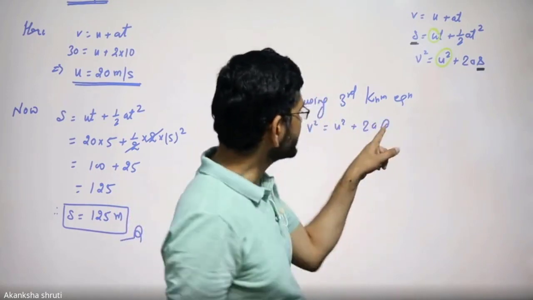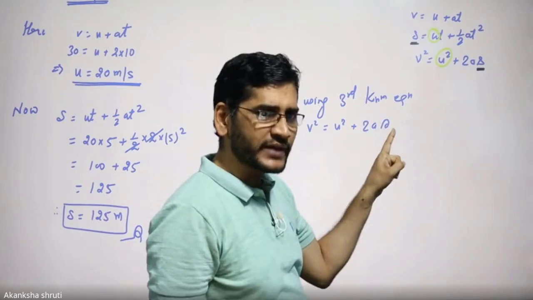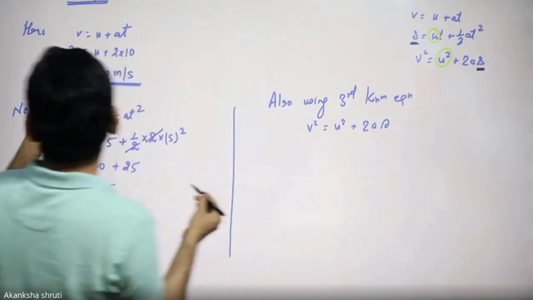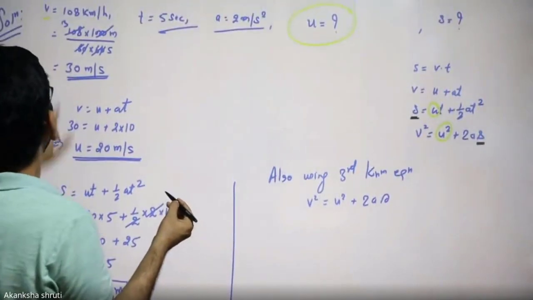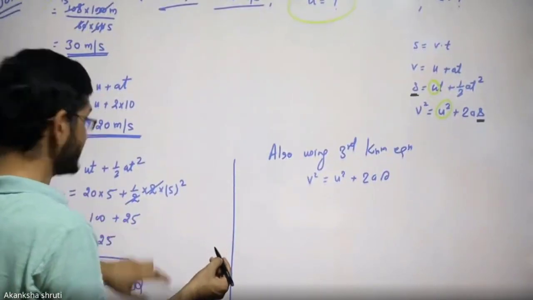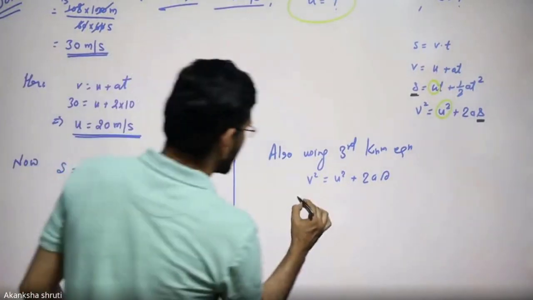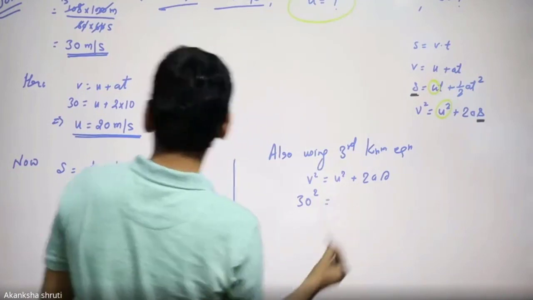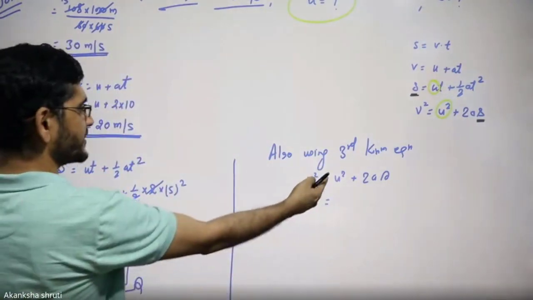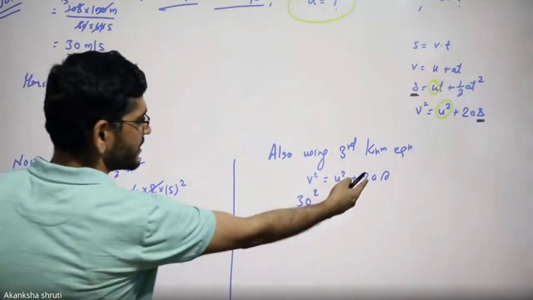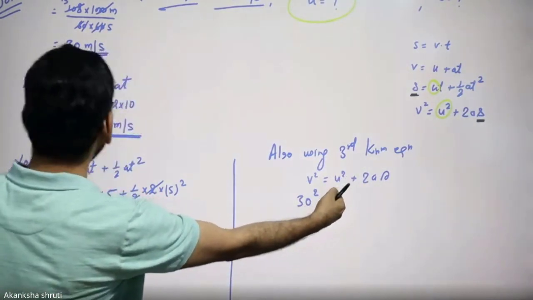Student, keep in mind this displacement S we want to calculate. So be careful. Substitute the value. The V already given, converting the unit, it is our 30 meter. So there is square. Then U, though it was not given, we had calculated this U because this is useful in this equation. Without using U, we cannot calculate.